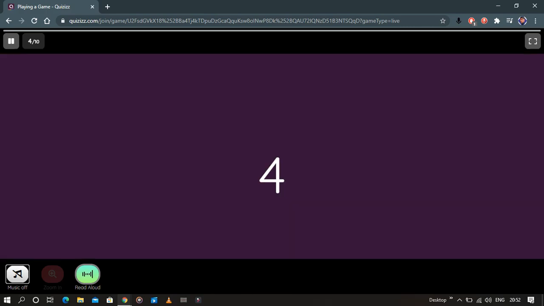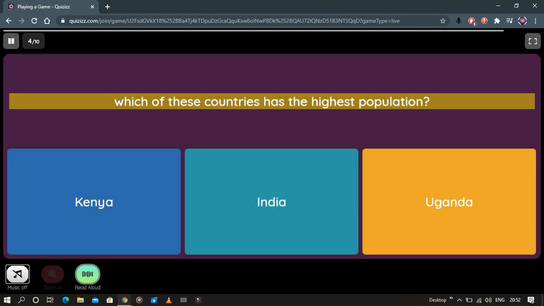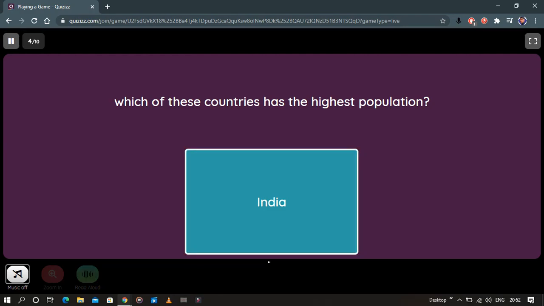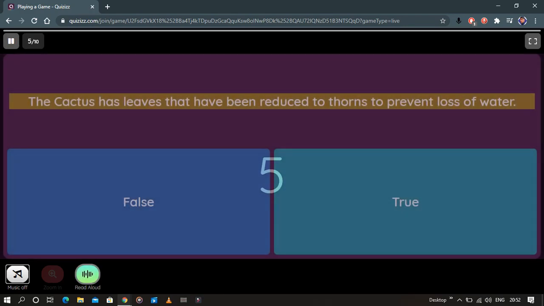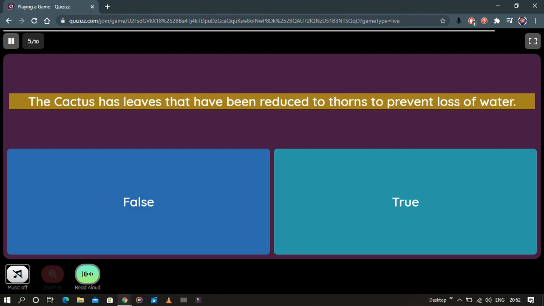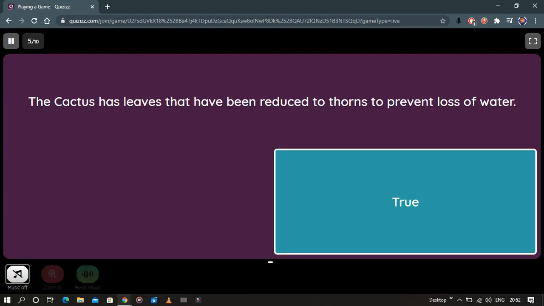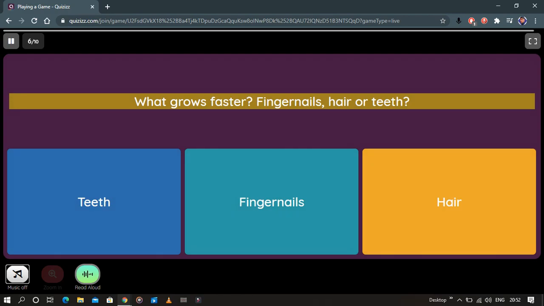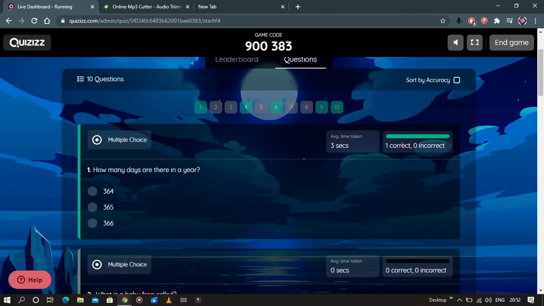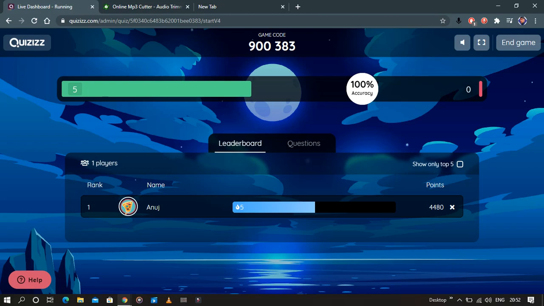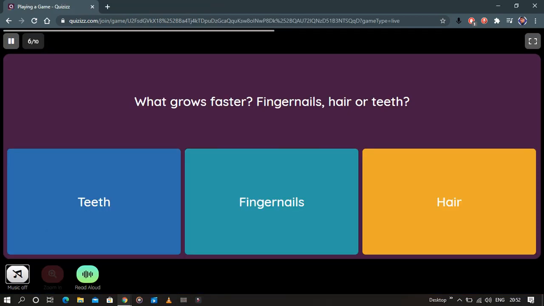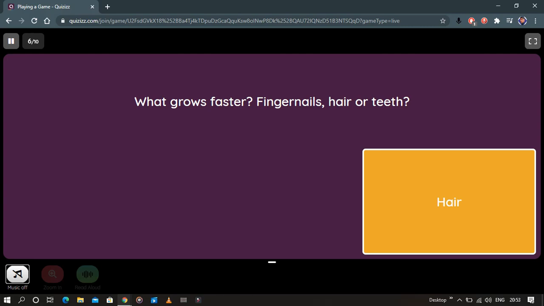Okay, as you can see, for this question the time passed, so I'm not getting a point for that. You can see the time meter is going up there. I think it's true only. And as the student is answering, the creator can monitor him from the leaderboard, seeing which student is getting how many points, and only the top 5 filter can also be applied, meaning if you have very many participants in the quiz. So only 4 questions are left.